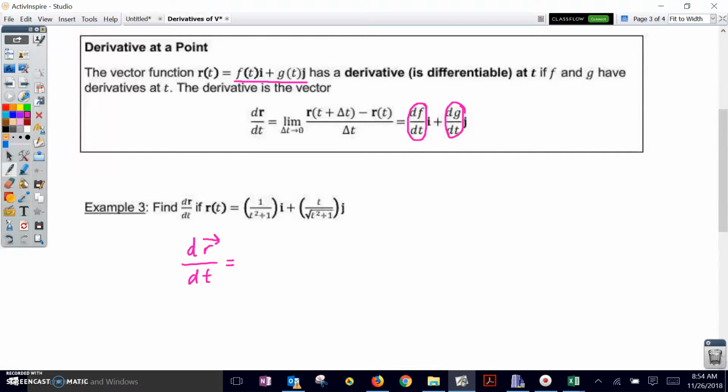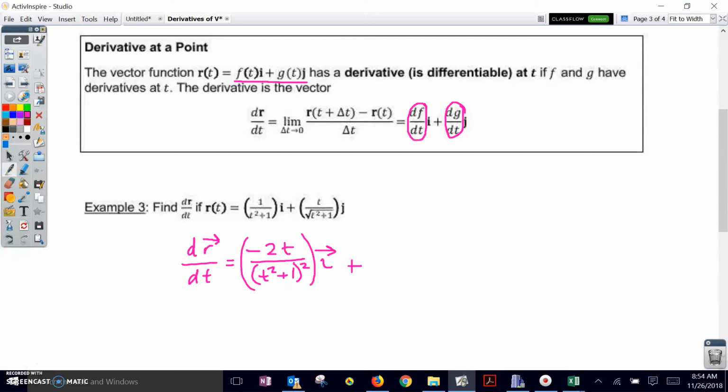I want to take the derivative of this first component. The derivative of 1 over t squared plus 1 is going to be negative 2t over the quantity t squared plus 1 quantity squared. That's times i plus,